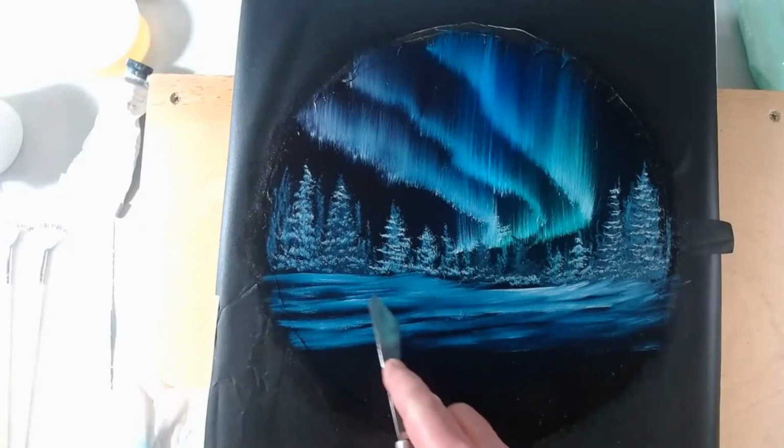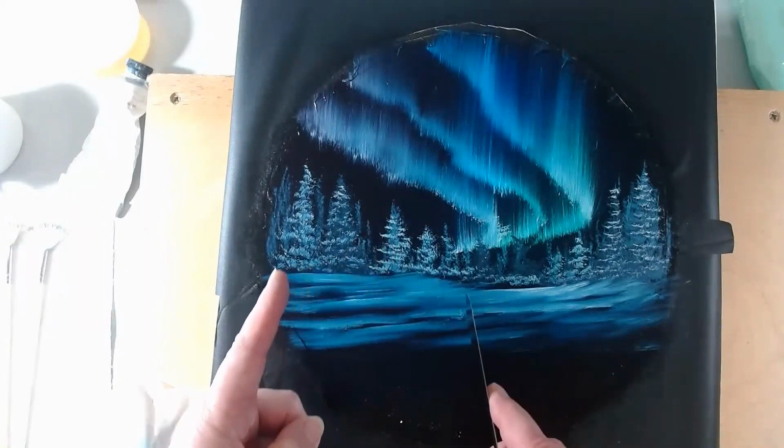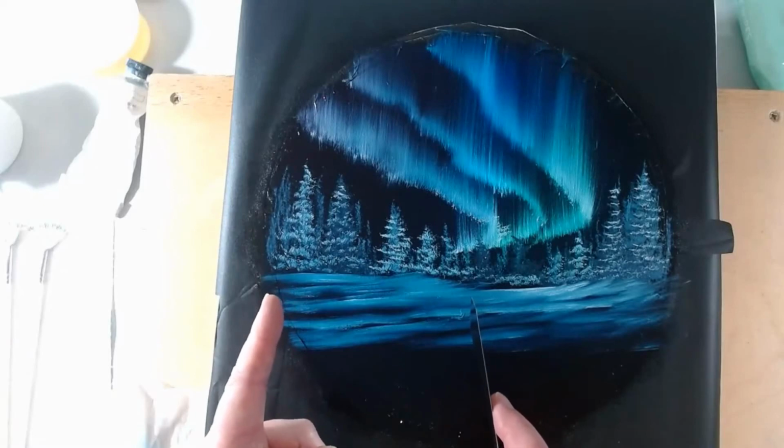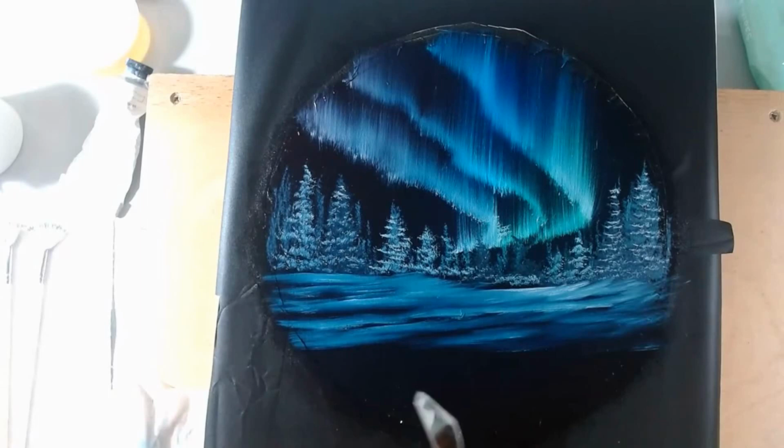So what I'm going to do is I'm actually going to scrape out the shape of my cabin. And what I want to do really is I want to create the shape of a broad arrow. Okay. I should have had a piece of paper and a pencil ready. What I want to do is I want to make sure